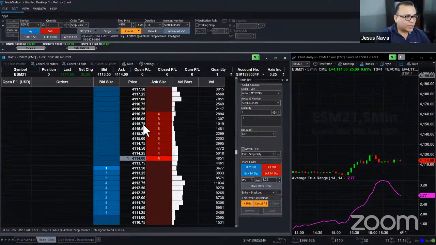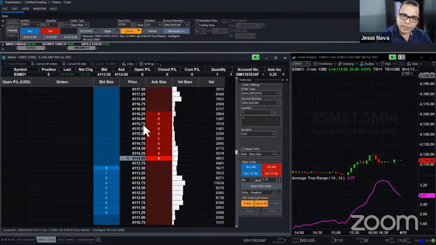I feel like the Matrix is one of those order entry tools that provides you a lot of information before you place that trade. So it's very cool how you can take a look at what everyone is doing in this particular market. If you look at the blue column and the red column, these are columns showing you what's called market depth, or Level 2. You may know it as Level 2. And what you see there is orders from other traders around the world that are sending orders to buy and sell